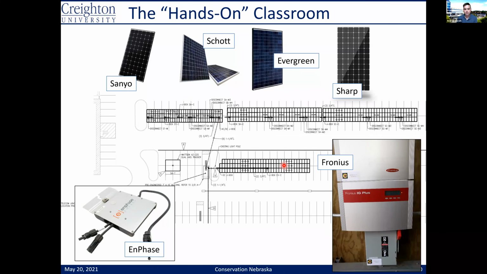And then again, I mentioned this earlier, but some of them will go to Fronius inverters, about half of them. And 244 panels actually all have individual N-phase microinverters, which convert it from that, again, that DC to AC right at the site. The communication from the array, it all kind of funnels into the doghouse, which sits right here. And then we have Ethernet lines that go back to main campus. And that way we can actually communicate with what's going on out at the array and make sure things are going okay.